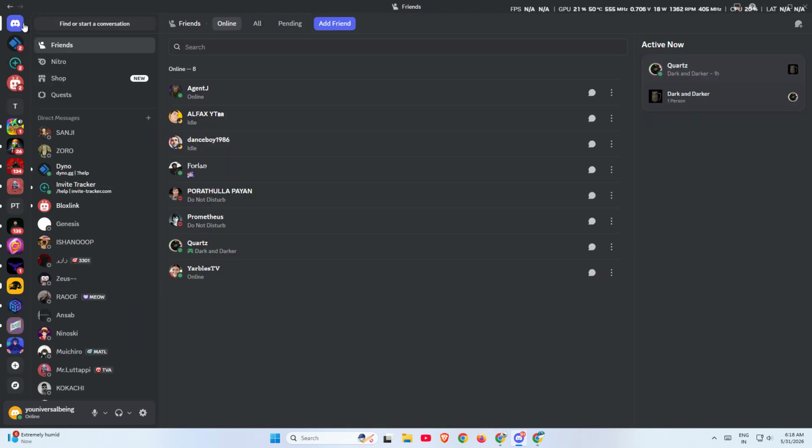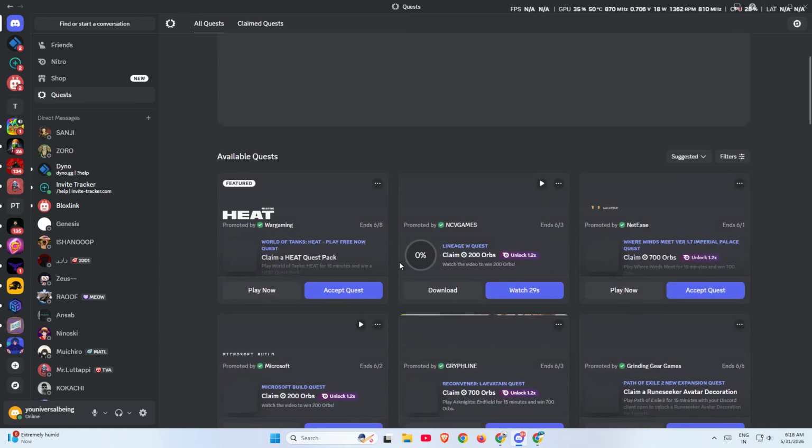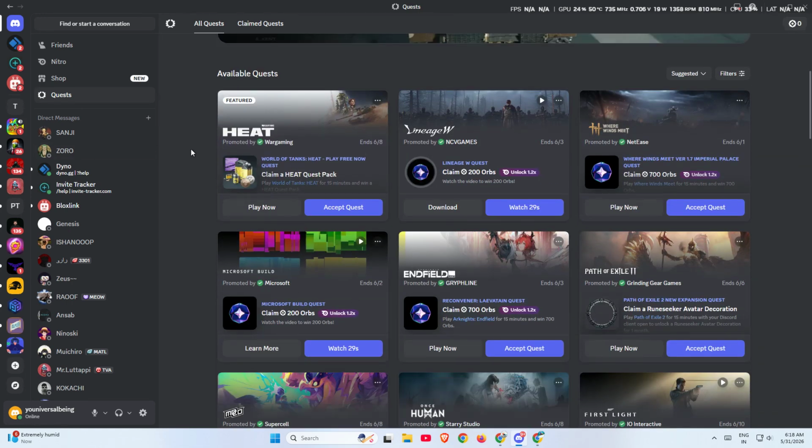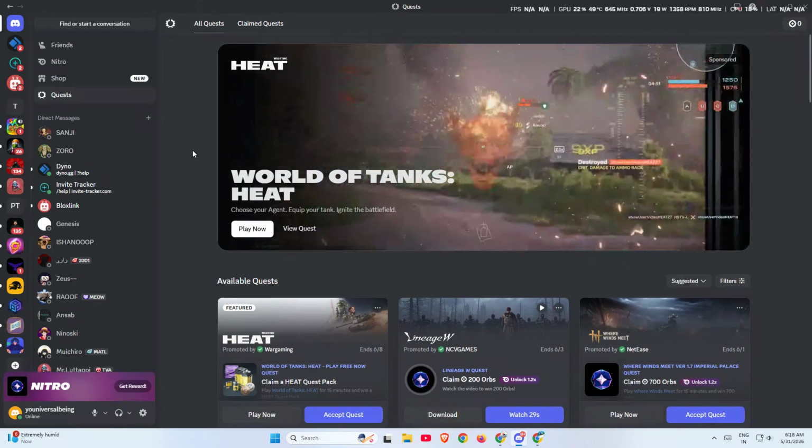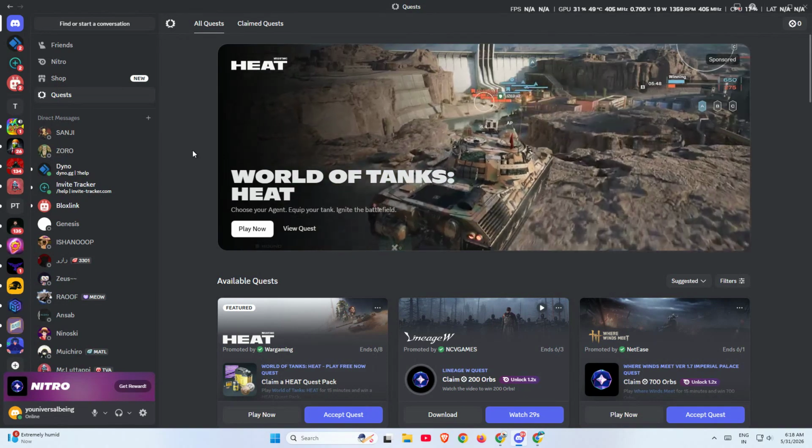So to recap, if your Discord Quest video is not loading, first try Discord in the web browser, then clear the browser cache, and finally disable hardware acceleration in Discord. One of these fixes will usually solve the problem and get the Quest video